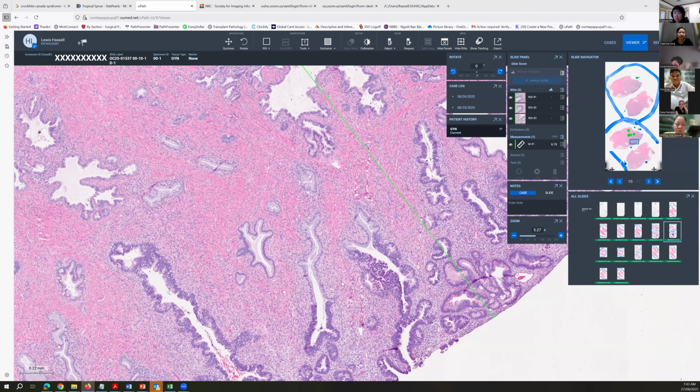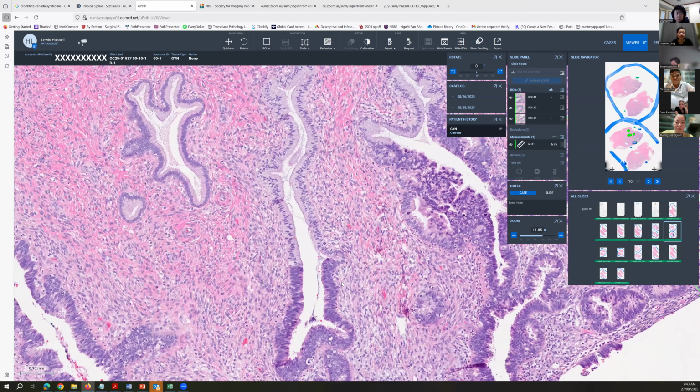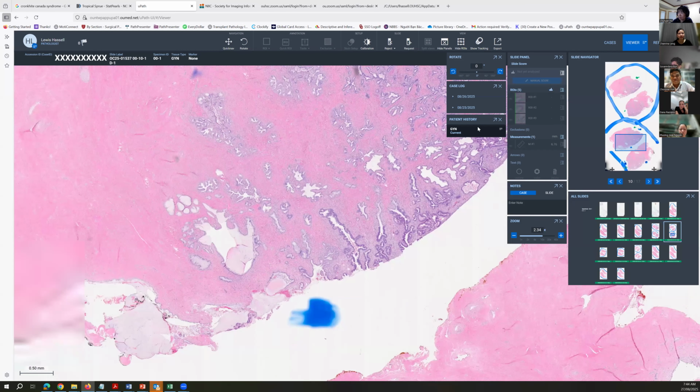juxtaposed to a more normal area of epithelium here. So another question is, could she have two things? Could she have a typical HPV-related endocervical adenocarcinoma and adenoma malignum? Well, that would be two uncommon events occurring in the same patient. So we usually don't like to do that. But there, things that are strange happen.